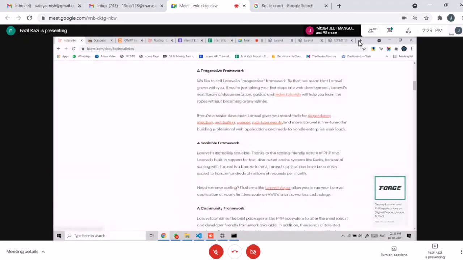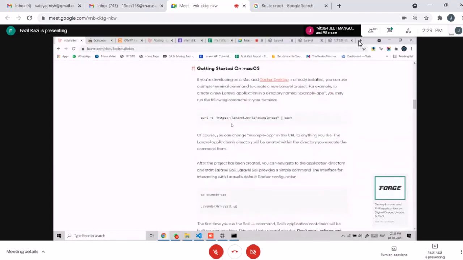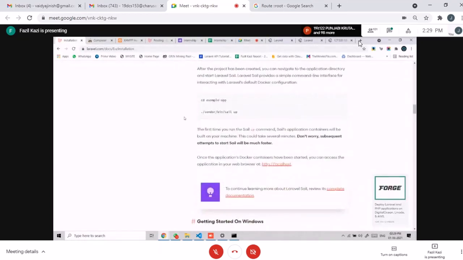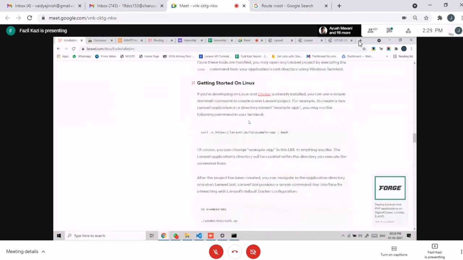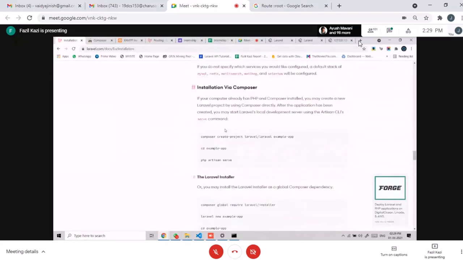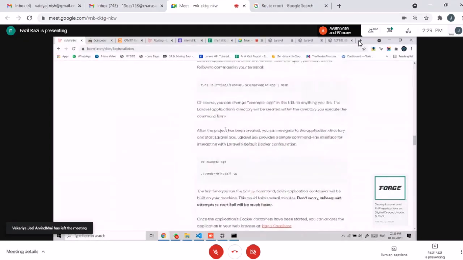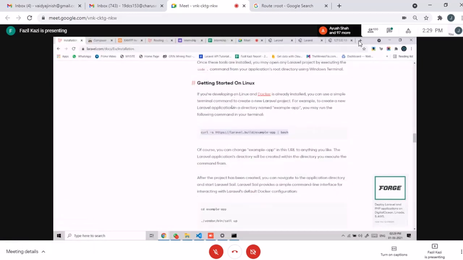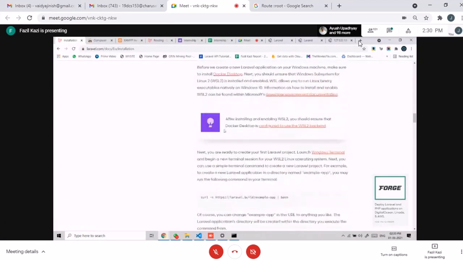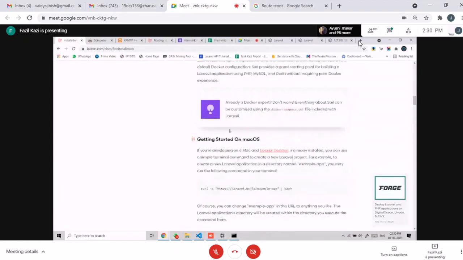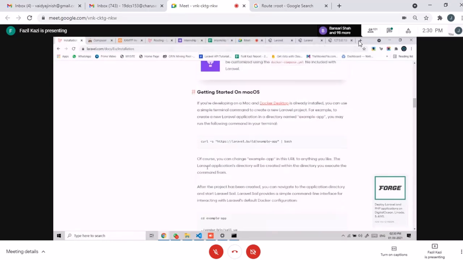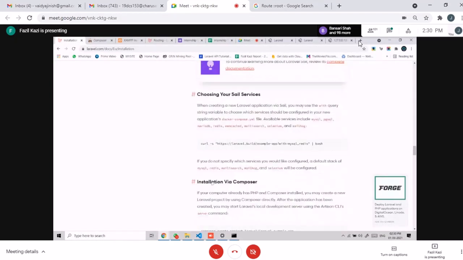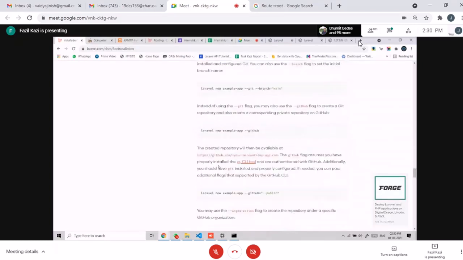After these two are installed on your device, you need to type the command composer global require laravel/installer, or you can find this command somewhere here. There are different ways you can install it, but the best way is installing it globally, so next time whenever you need it, it will come in handy. It will load some data from cache, and the data which is updated, it will load from the internet.